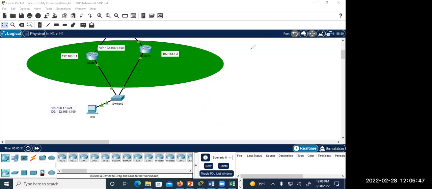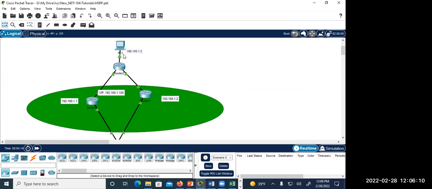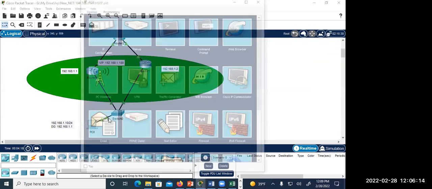Let me simulate it here. Normally, if you do not work with the virtual IP address, you have to manually configure the physical one. So now I configure 192.168.1.1. I send it, the switch forwards it to the router here, and then forward it to the